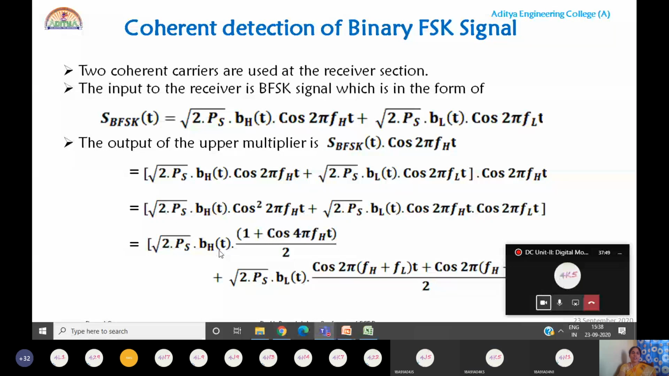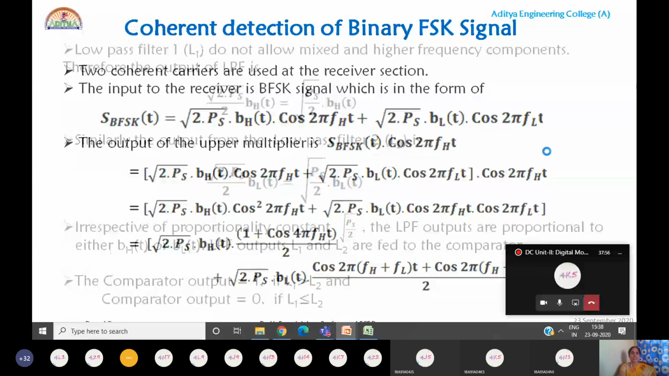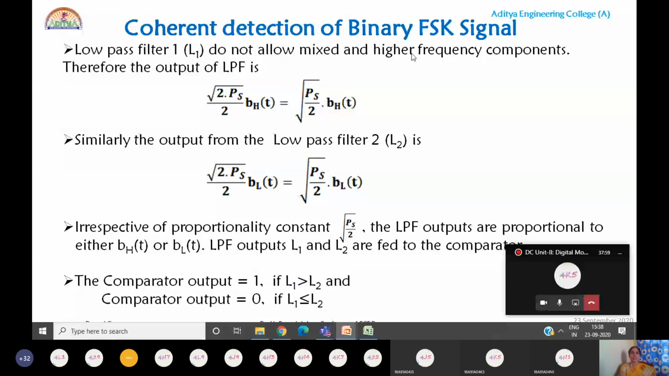Okay, ma'am. And these higher frequency and mixed frequency components are not allowed by the low pass filter. Please, we can see it in the next slide. So low pass filter 1 does not allow mixed and higher frequency components. Therefore, the output of low pass filter will be half, that is the DC component, into root 2 PS into BH of t. So take this 2 inside the root so that you can get root PS by 2 into